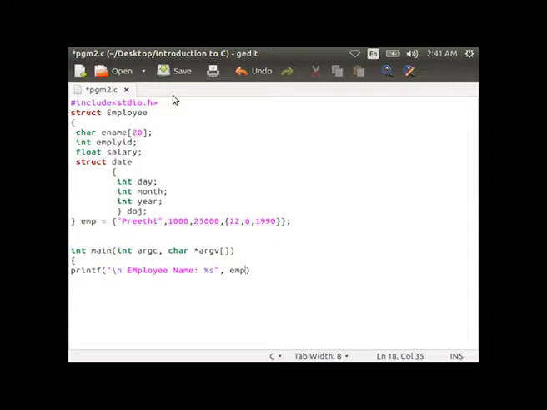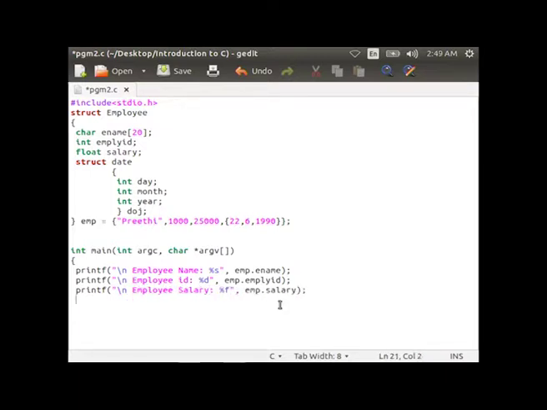Then start the curly brace: printf("employee name %s", emp.ename); printf("employee id %d", emp.empid); then printf("employee salary %f", emp.salary); printf("employee doj %d", emp.doj.day, emp.doj.month, emp.doj.year); then return 0, then close the curly brace.